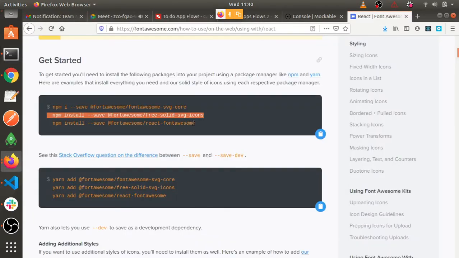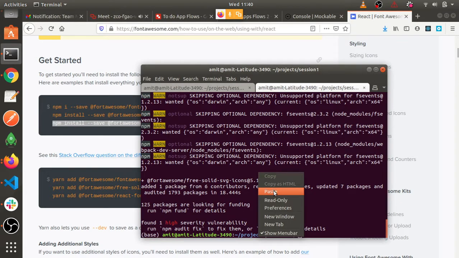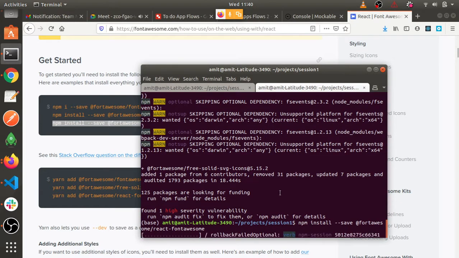Then comes the third thing. Now you can see we are installing React Font Awesome. Before that we had to install these 2 npm packages. So React Font Awesome came later. Earlier there were only these 2. There is one more way to do this.